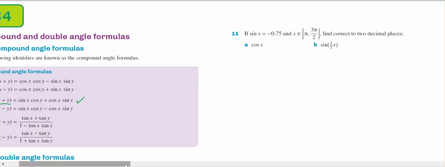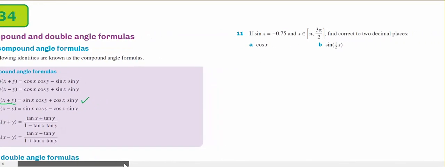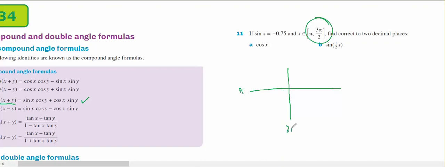Okay, in question number 11 out of 3b, I've got the sine of x is negative 3/4. So I'm in the fourth quadrant, no, the third quadrant. So I'm between pi and 3 pi on 2. So that if I call that x, then minus 3 on 4, minus 3/4 will be my sine